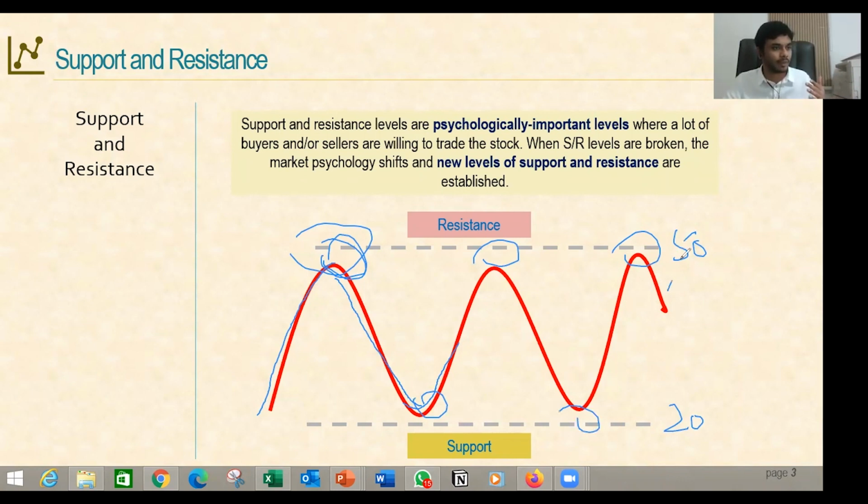So there is a point where these levels can be breached. So when price starts to break above this level, then this particular resistance can convert into a support, because now the market shifts above that level, and from that point onwards, maybe the buyers and even the sellers are not willing to go below that level because of that shift. So there is a breakout from that level. So these actions can be expected at these support and resistance.